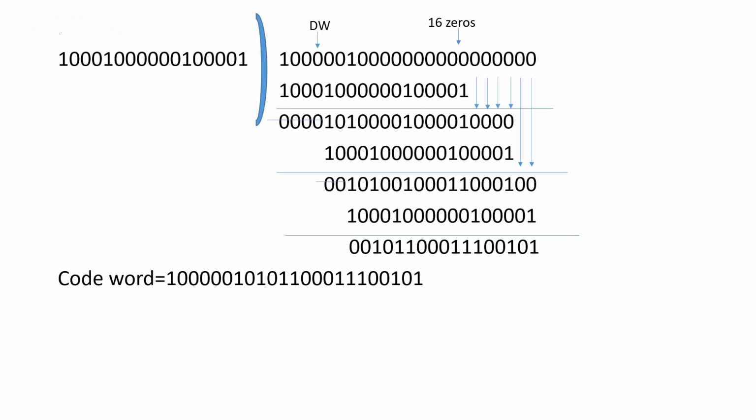So here, I told you this is the divisor or generator. The first 7 bits are the data word, and we need to append zeros, whatever the length: 7 bit, 8 bit, 4 bit, 3 bit, 16 bit, 24 bit. Here we take 16 zeros, since the degree of the polynomial is 16. If the polynomial degree is 32, then 32 zeros can be added. If the degree is 10, 10 zeros can be added. If the degree is 8, 8 zeros can be added.